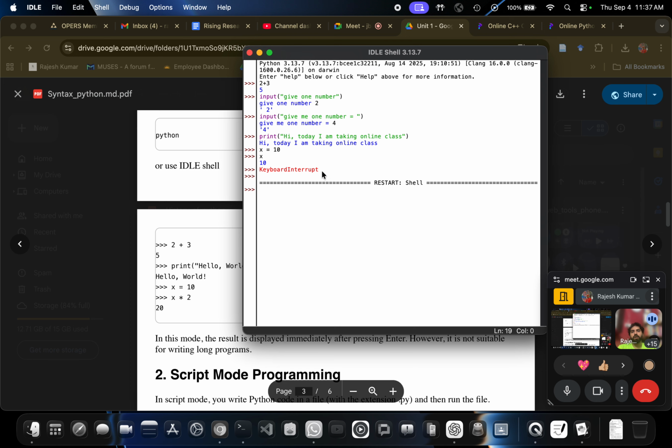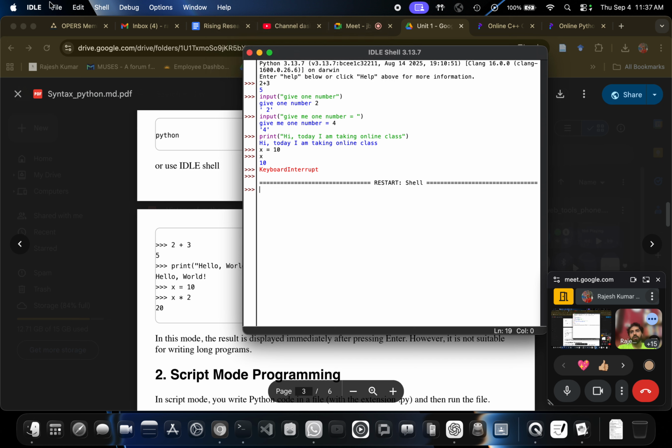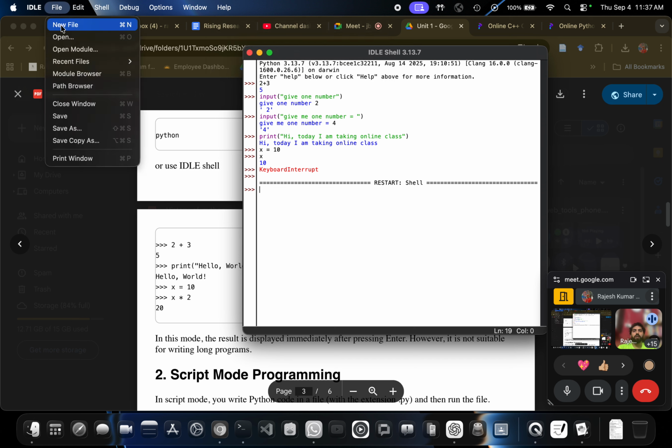If you do that, it will restart the shell and delete everything previously. Interrupt Execution is something else: if you write a program which is running infinitely and you just want to kill it, you can use this option here. And then we have Debug, Options, Window and Help, which you can explore.